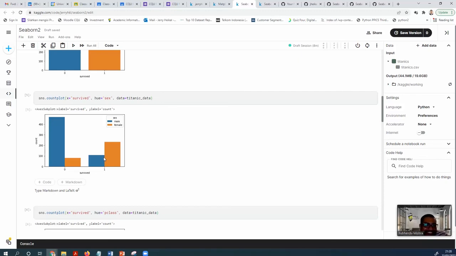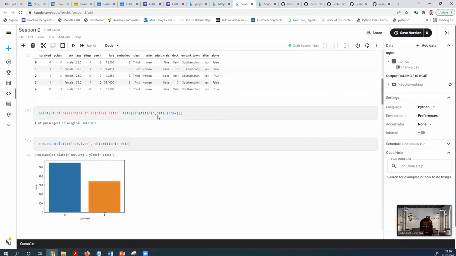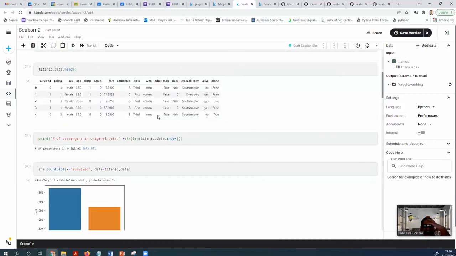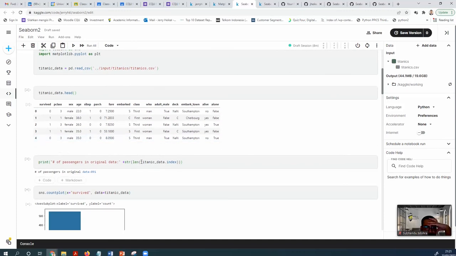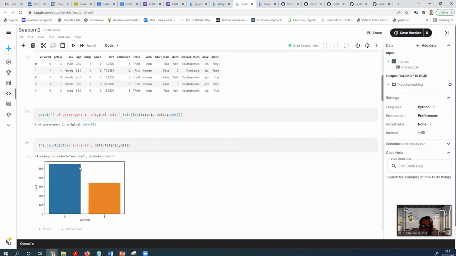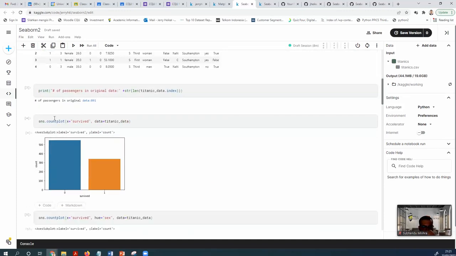Okay, so basically I am just giving the introduction. This is just an introduction to Seaborn. There are a lot of capabilities in Seaborn that I haven't explained yet. So basically in the Titanic, you import the function first. You read the data. After you read the data, you create the visualization using the count plot.